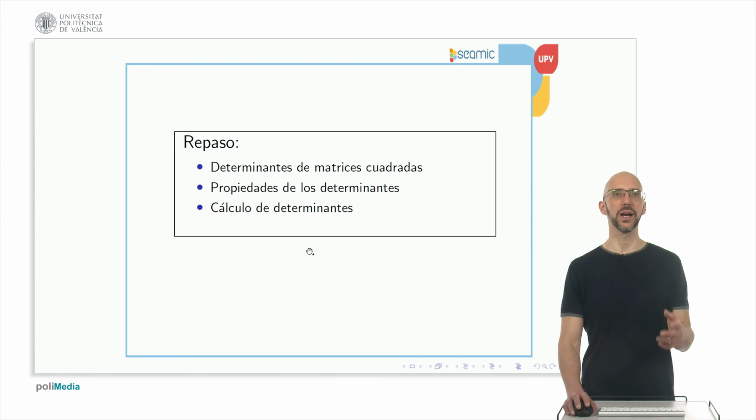Okay, what have we seen? We have reviewed the determinants of square matrices, we just saw some properties and calculated some determinants. I know we did it a little bit